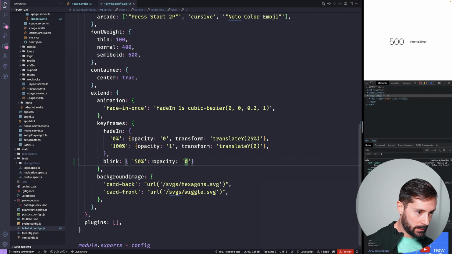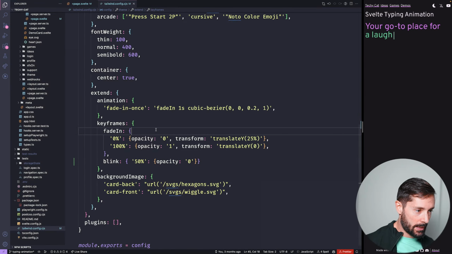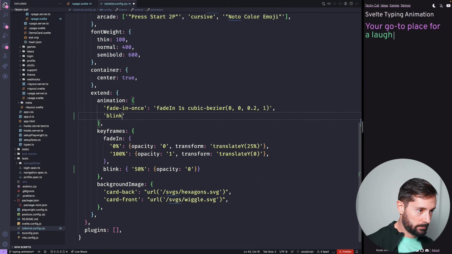Something didn't quite look right. More curl is needed here. That was it. And we can call this blinking. And if I remember correctly,